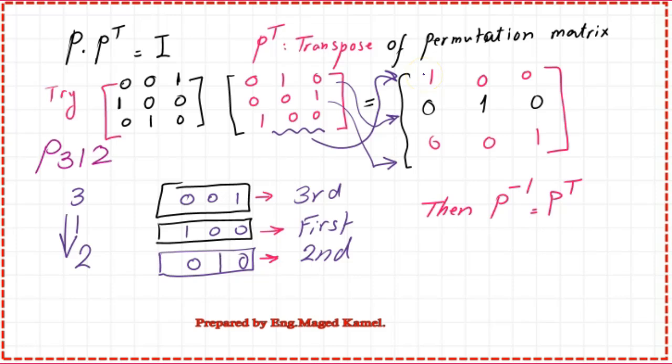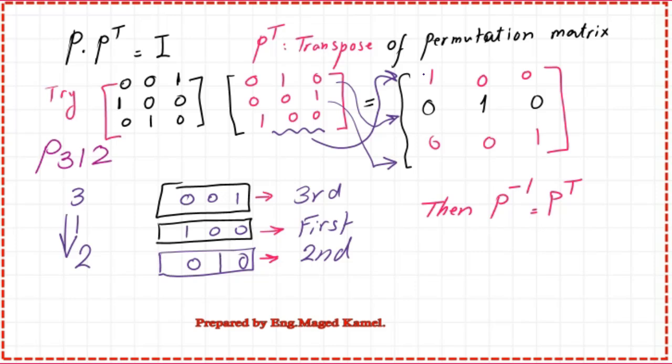In the last slide, we are going to talk about one of the properties: the permutation matrix multiplication by its transpose will lead us to an identity matrix. For instance, if we have permutation B312, arranged as 0 0 1, 1 0 0, and 0 1 0, when we multiply by its transpose, the transpose will take the columns turned into rows. So first row 0 1 0, second row is 0 0 1, and the third row is 0 1 0. When we multiply both, we get this.